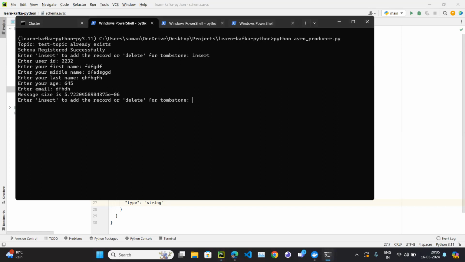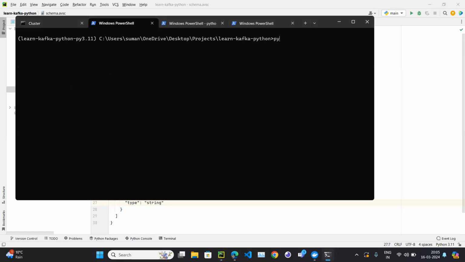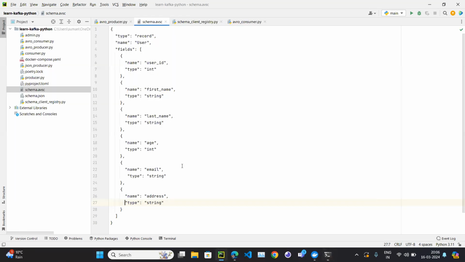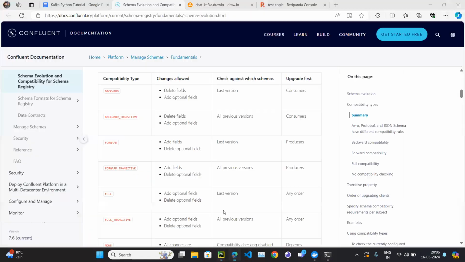So let's see. Let me start the Python producer. Now you could see I am getting an error that the schema being registered is incompatible with the earlier schema for this subject. Now our schema is not compatible with the earlier schema. So that's why we have this field